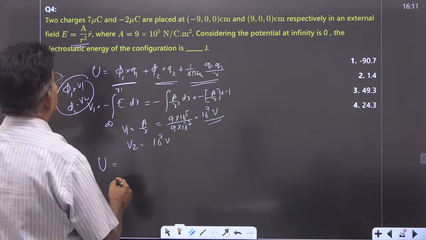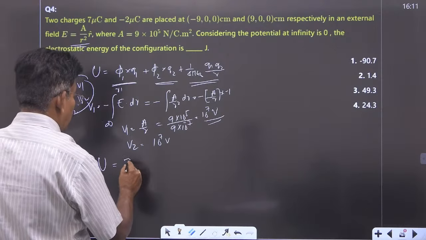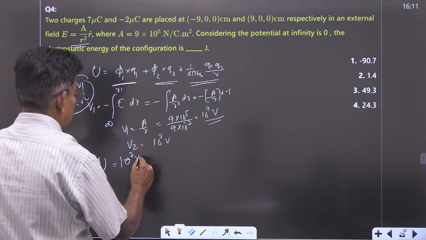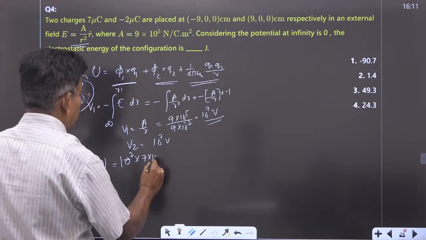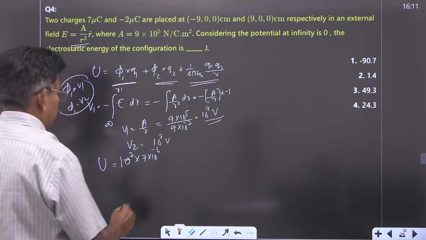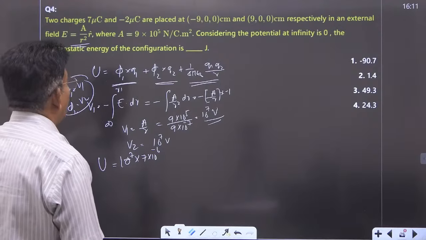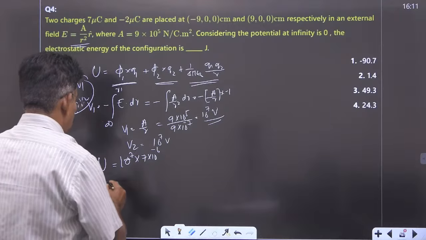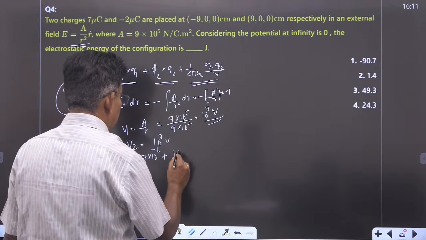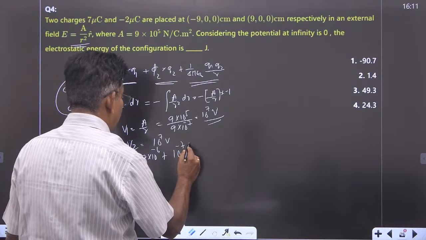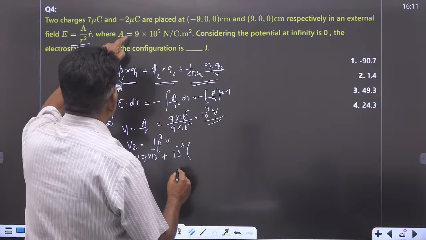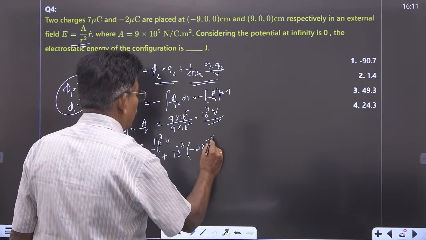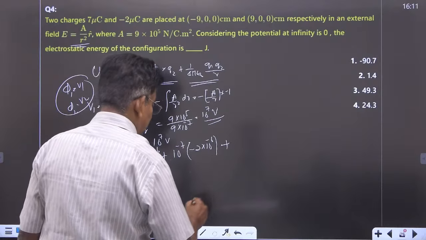Charge Q1 is 7 microcoulomb. So 10 to the power of 7 into 7 into 10 to the power of minus 6. That is Q1 phi1 plus the second term, 10 to the power of 7 into the charge, which is a minus charge, so minus 2 into 10 to the power of minus 6, plus